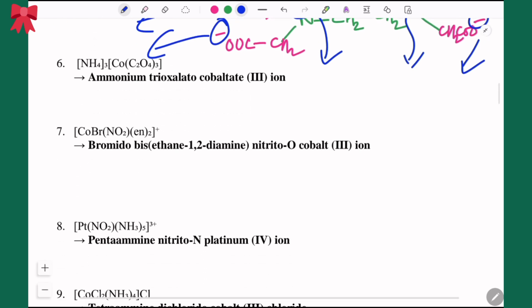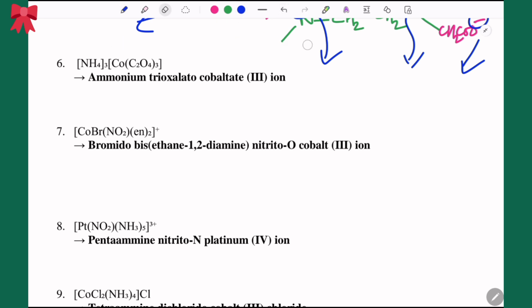The next one. Now in the next one you can see there is a cation and there is an anion. Cation is simple but the anion is complex. Okay, so the name would be ammonium. Its charge is +1, so it is +3 because it is 3 times, and of course obviously this has to be -3, and oxalate is -2, so -2 into 3 is -6, and this has to be +3. When you write down ammonium, you just leave some space between the cation's name and the anion's name, and then write down